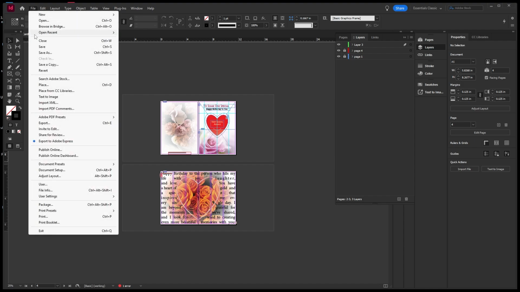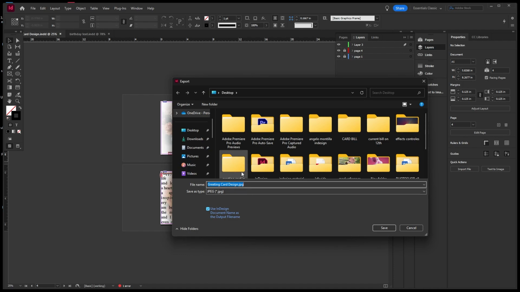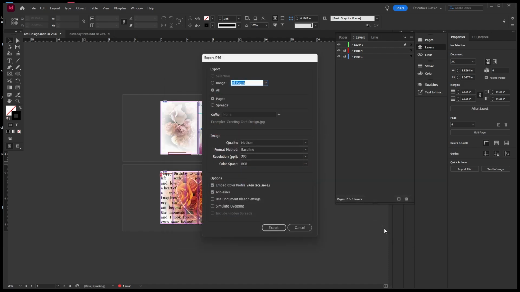So file, export, on desktop I'm giving. So first check with the JPEG, the save. Okay, in the medium quality, let us go with the maximum quality. All the pages, and suppose like spreads. So export here